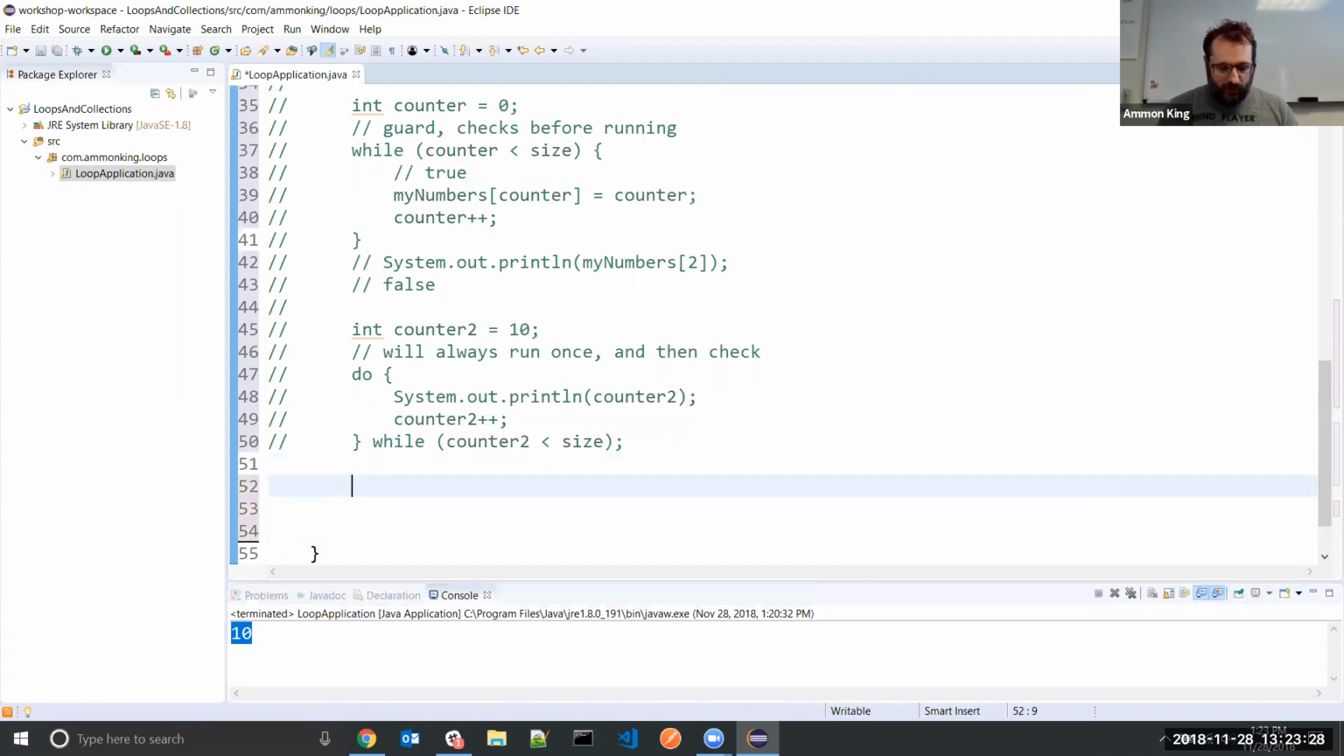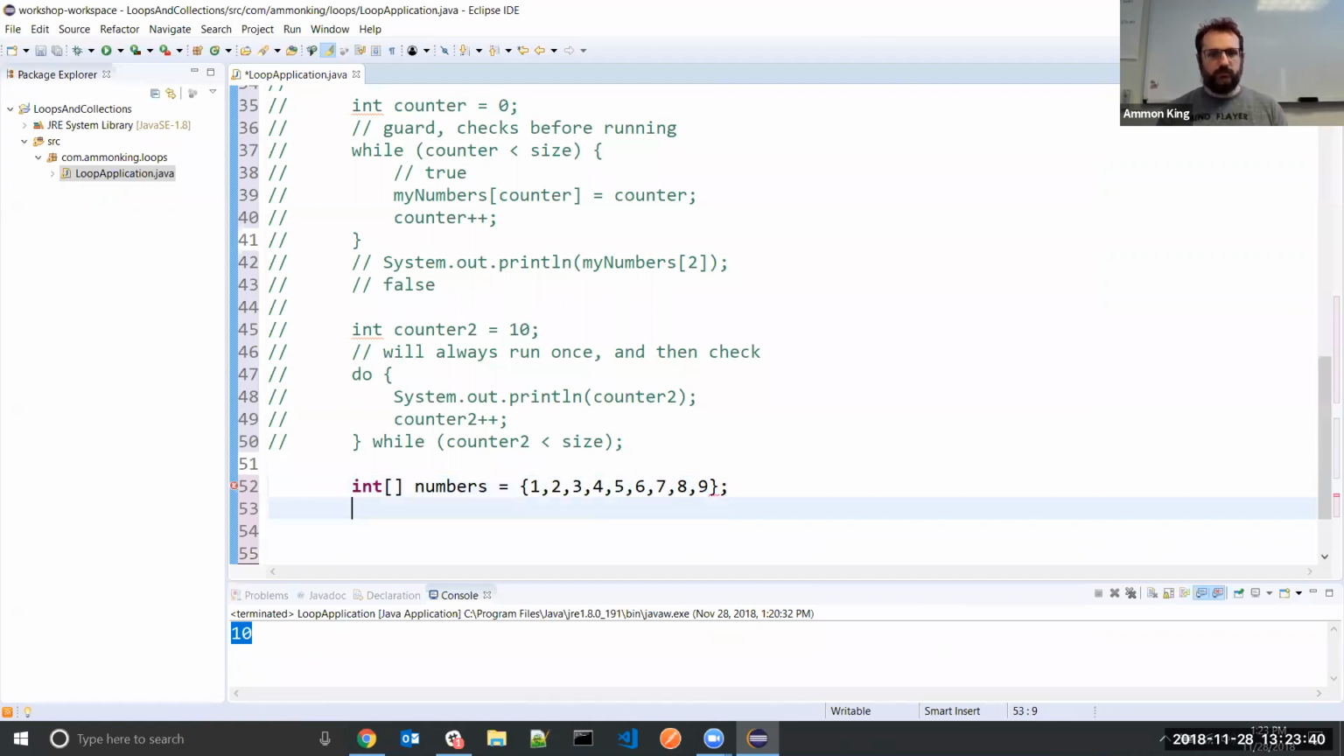To do that, I'm going to make an array, int numbers equals, I'm gonna do 1, 2, 3. Oh, I'm gonna, yeah. 9 numbers, right? The final type of loop in Java is an enhanced for loop. An enhanced for loop says, is